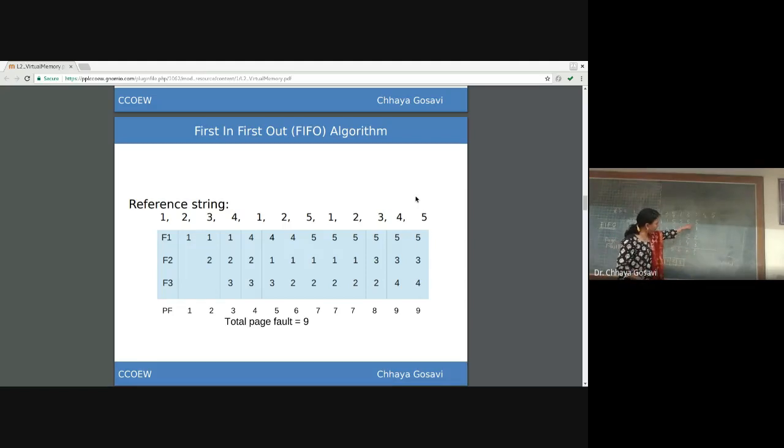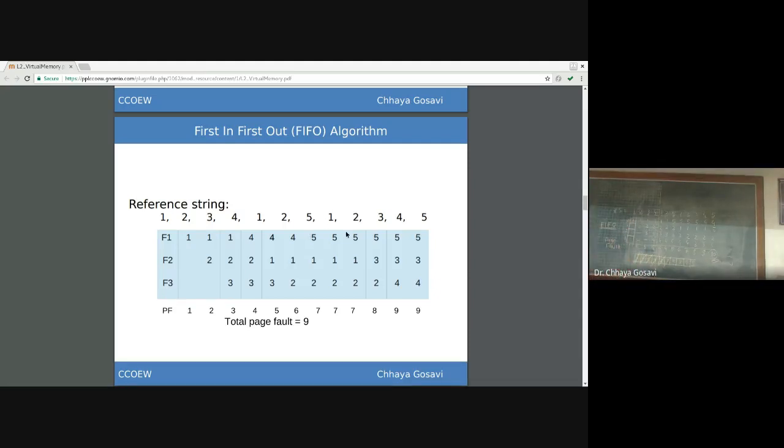So find a victim page, which is page number 5. 5 is replaced by 4. Increase the number of page faults. Next is page number 5, which is not in main memory. So the victim page is 1, bring this page here. See the number of page faults.